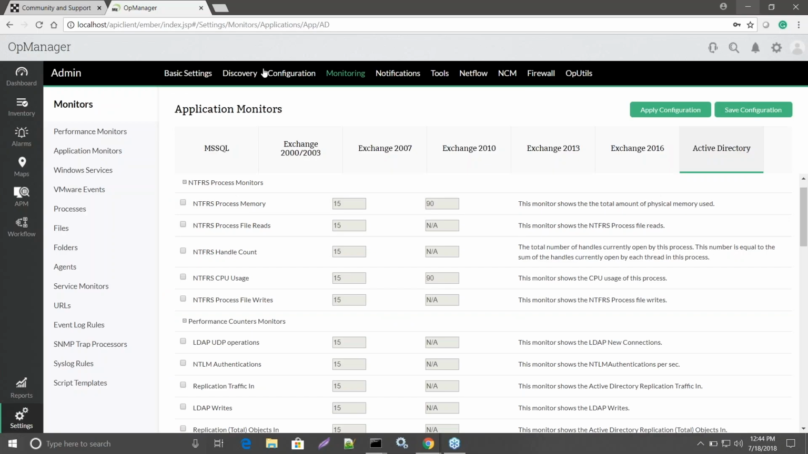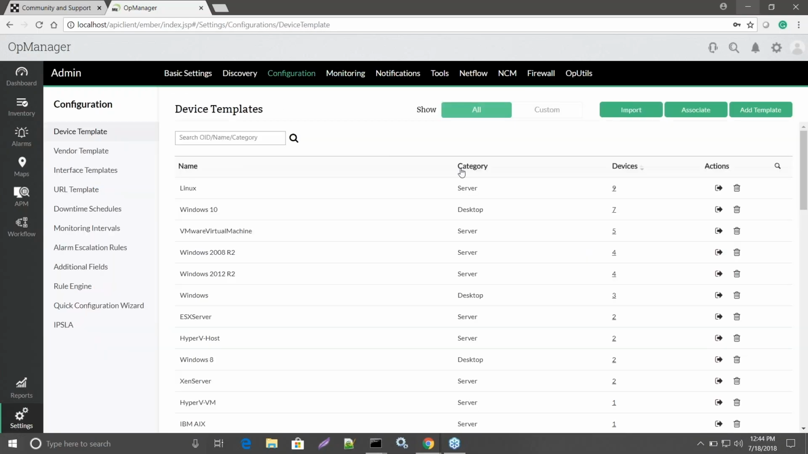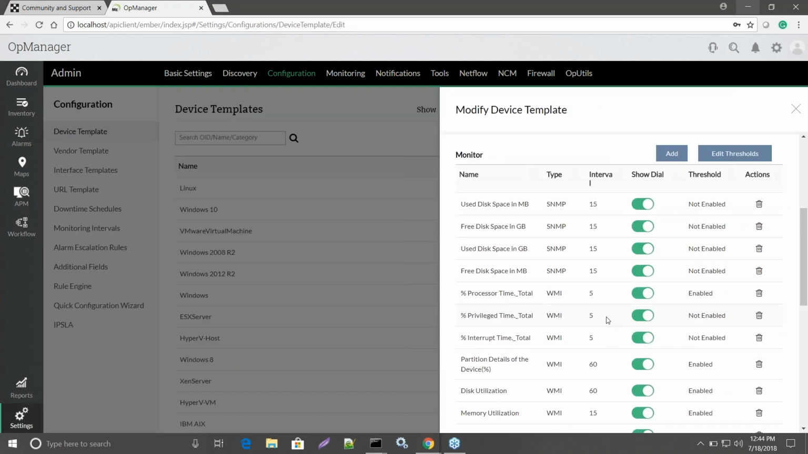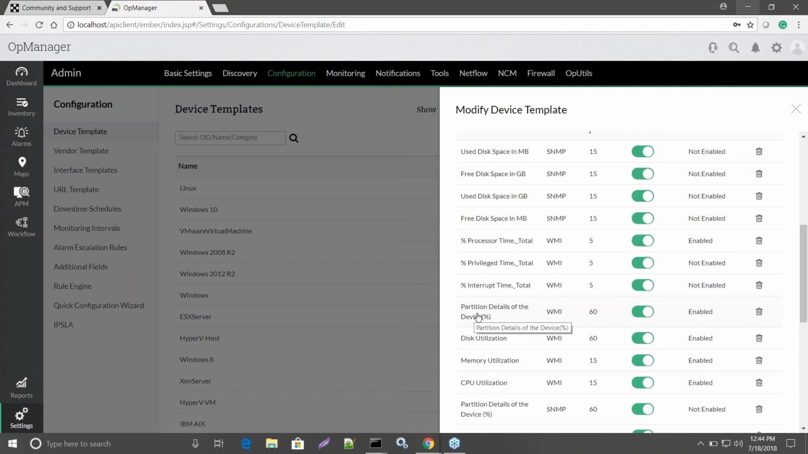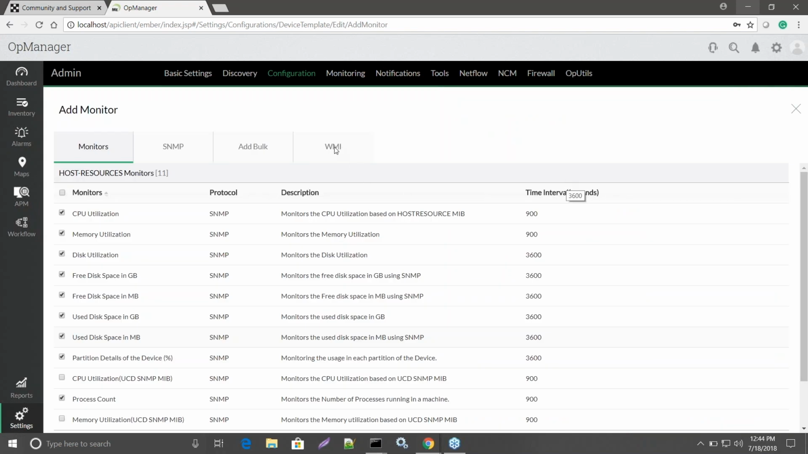Let me get back to a device template where this is a global part where you can change that. See, on a Windows 10 machine, I've got a few WMI monitors already provided. Say I've got my partition details, disk, and memory. So I want something else to be monitored on my Windows devices, say my process time. So I just want to get into this Windows template and click on the WMI,